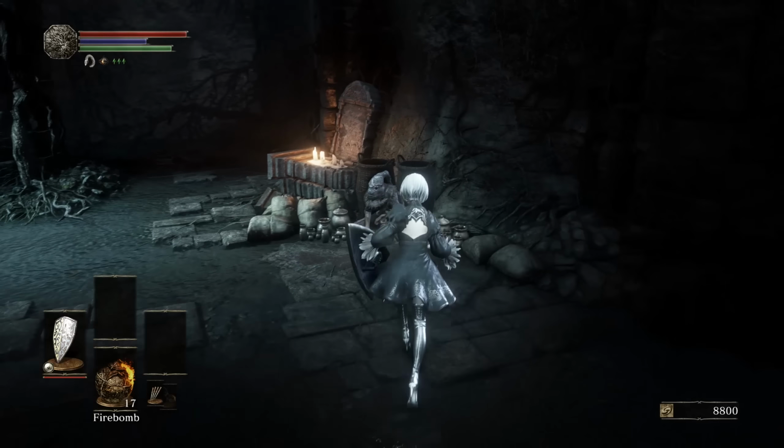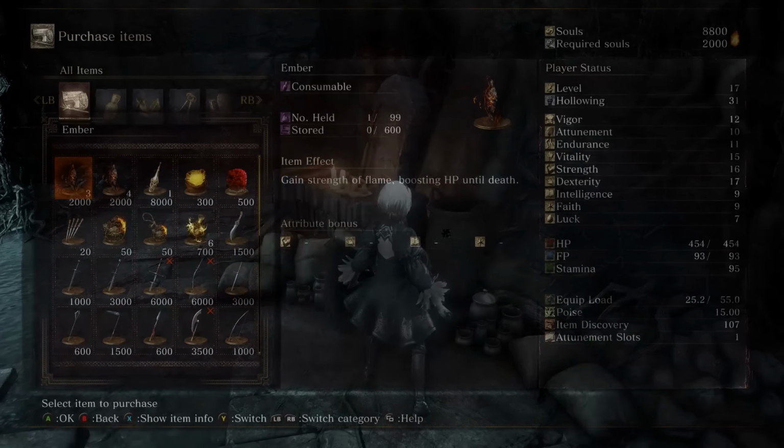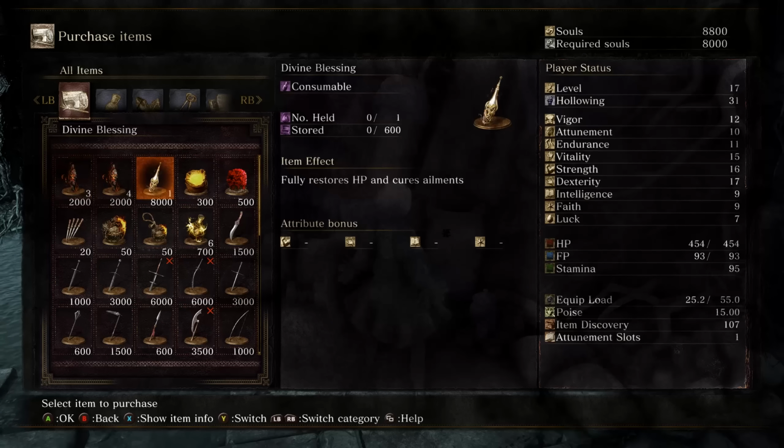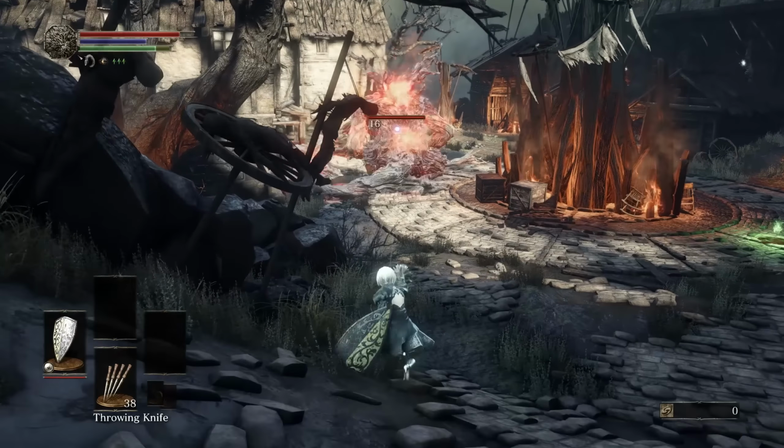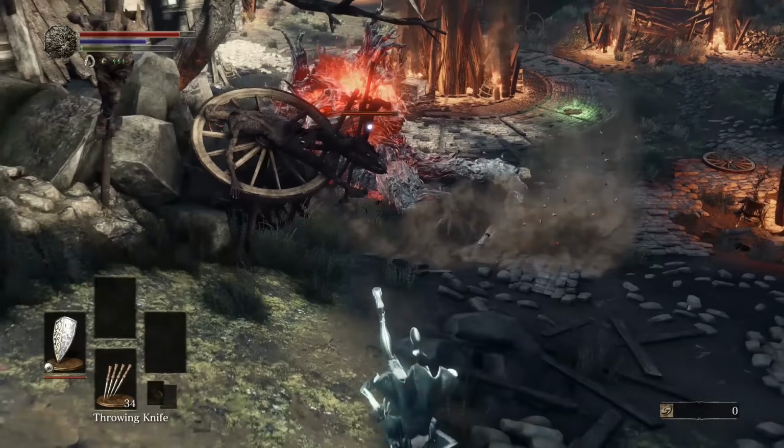Before the Crystal Sage, I sent Grey Rat out on the town to find me some loot, and once you defeat him, he comes back, and now he sells 6 lightning urns, which will be useful for later in the game. I also decided to head back to Undead Asylum so I can get the Chloroform ring and Flynn's ring,